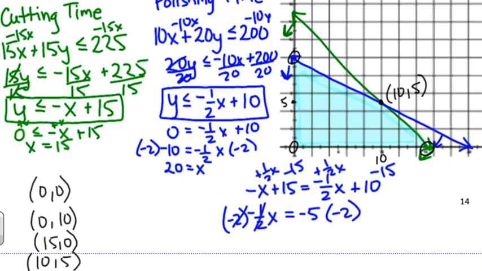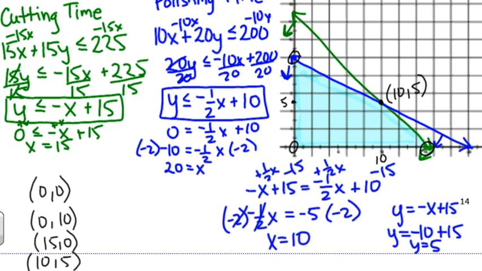To cancel those, so x equals 10. So that just proves that that really is 10, that point. Now to identify your y value when x is 10, plug that value back into one of them. So our first one is y equals negative x plus 15. If I plug in 10 for that x value, what's my y when my x value is 10? Y equals 5. So that just confirms that our point really is at 10 and 5, as we kind of